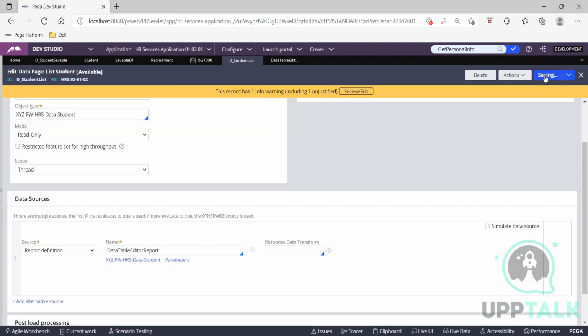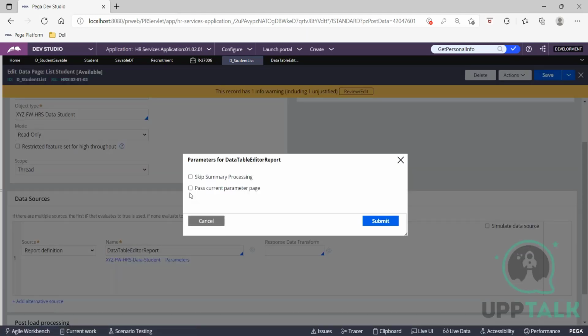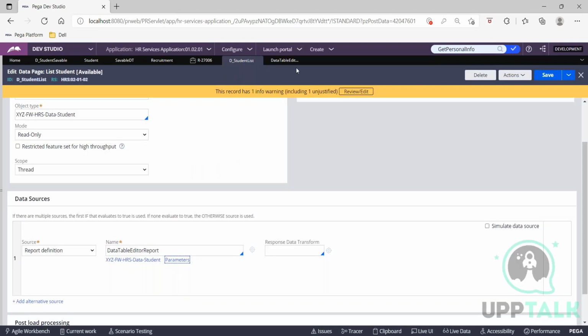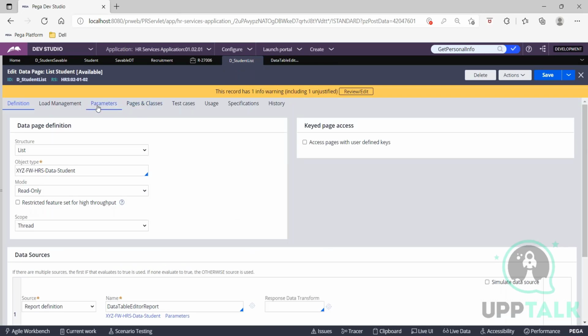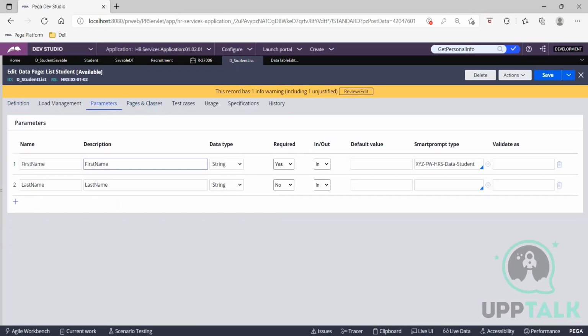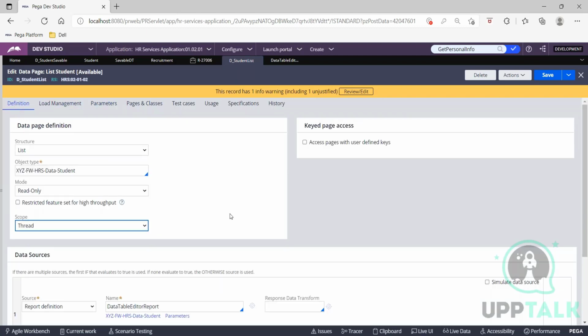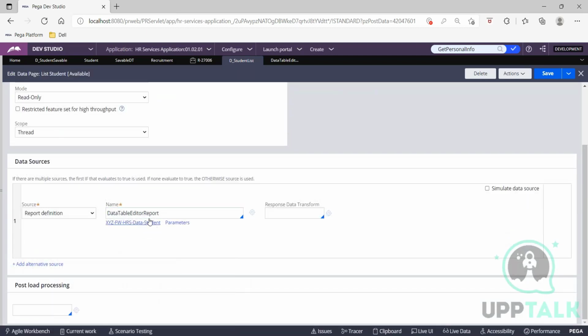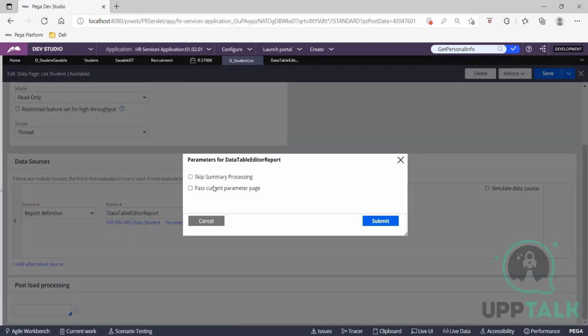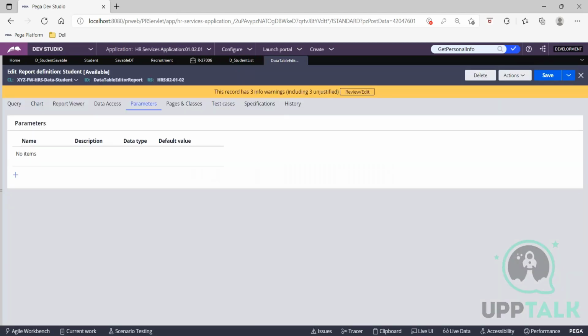Now, let's save it once. You see, even though I made it mandatory, I mentioned that this is an input parameter that is required, still I don't see that on my report definition. I don't see it as a parameter on the report definition. It still asks me the same things. But when I add this on the report definition directly,